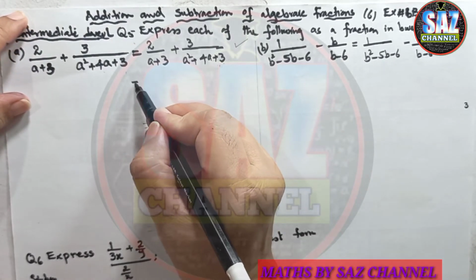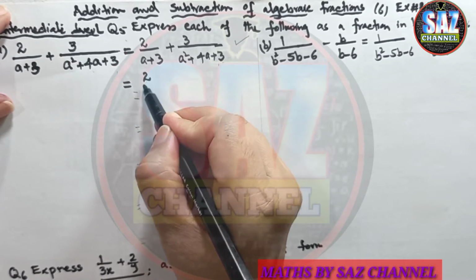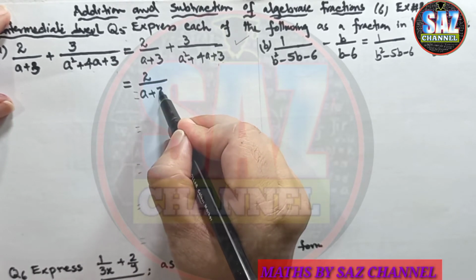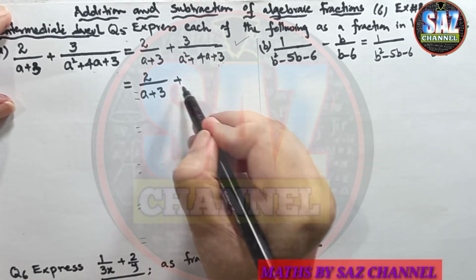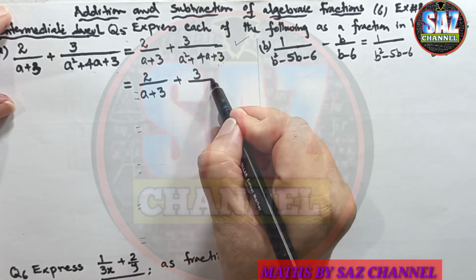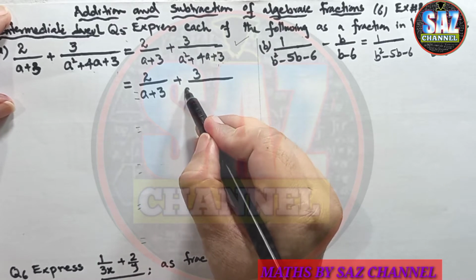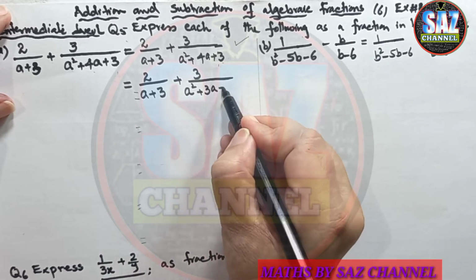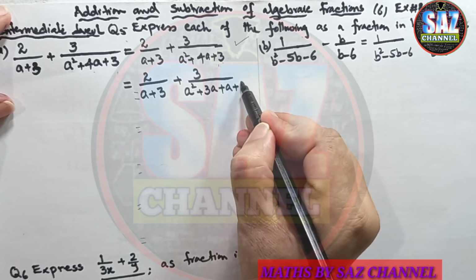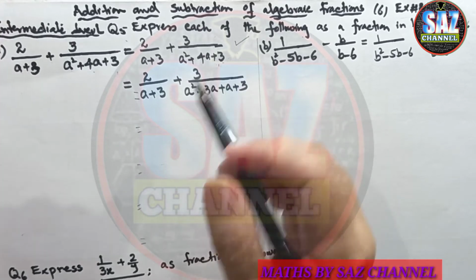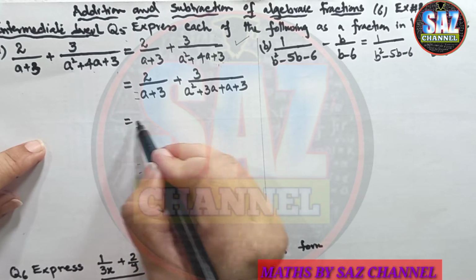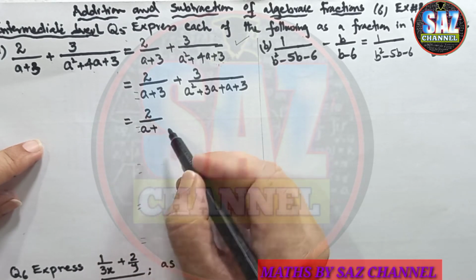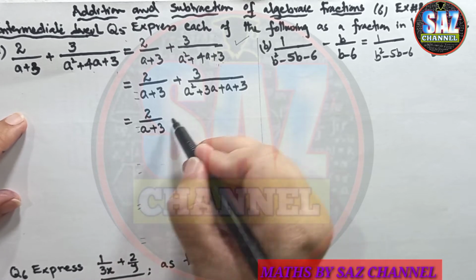Now I have to write the first fraction as it is, 2 upon a plus 3, and then plus 3 upon, I have to apply midterm breakage here, and according to that it will become a square plus 3a plus a plus 3. Now I write the first fraction as it is, because that is already in the simplified form, a plus 3